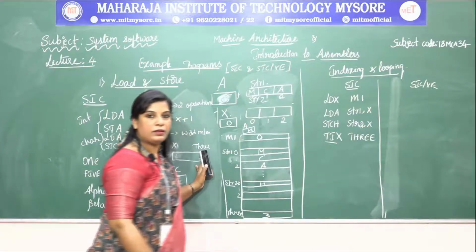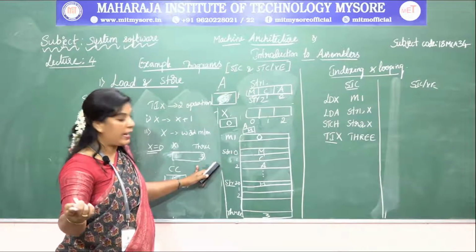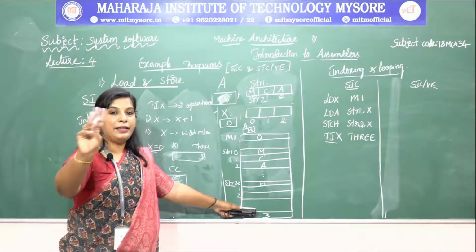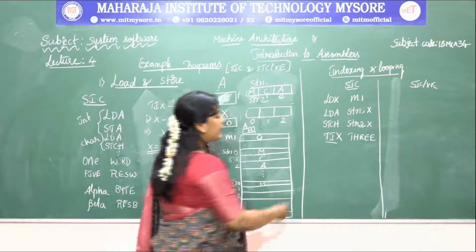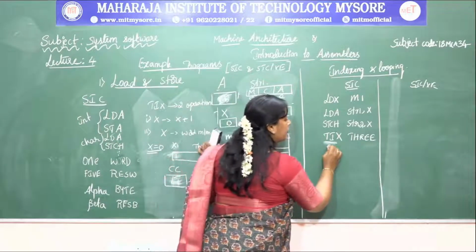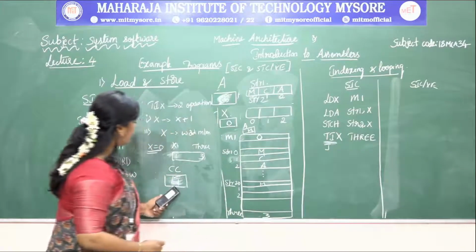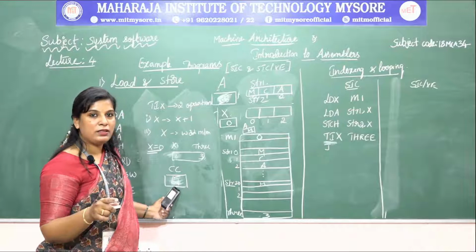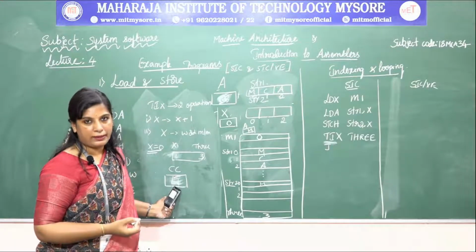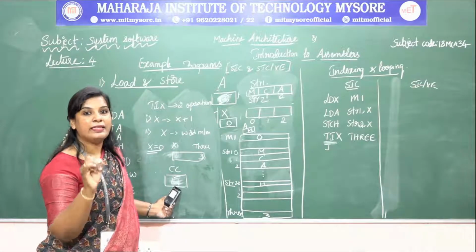Increment X by 1 and compare with the value present in memory location 3. What does memory location 3 have? An integer value 3. After that, it has to jump. If it is less than, it means some more characters are still to be copied, isn't it? So which condition do I want to put? The less than condition.